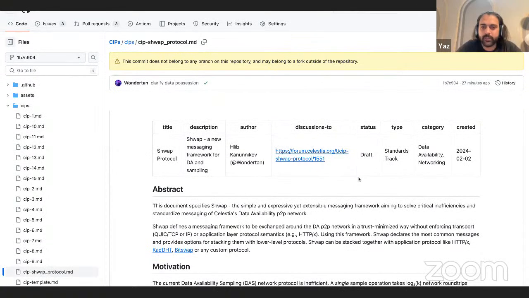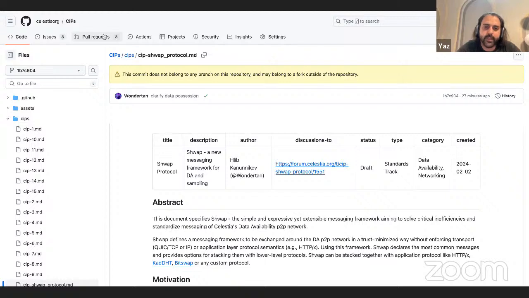Anyone had any questions or feedback? It's still in pull request. If you can't find it, you can probably find it on the agenda ticket, but we'll merge it hopefully by today. And we'll assign a number to it. It'll probably be CIP 18. And yeah, if there are no other discussion topics, we can probably end it early, but feel free to let me know if you want to talk about anything else.